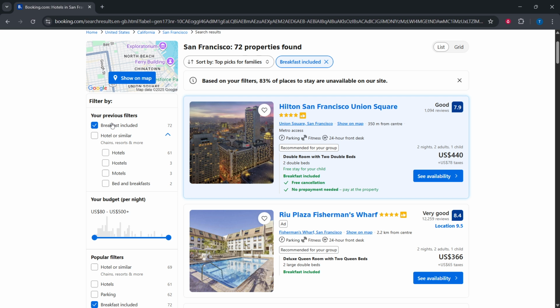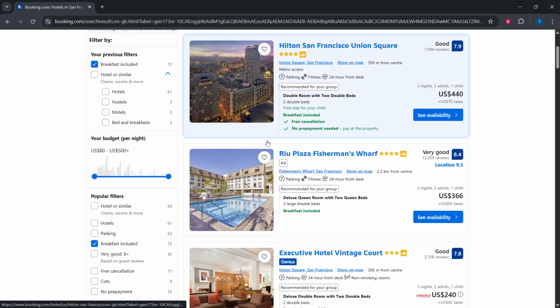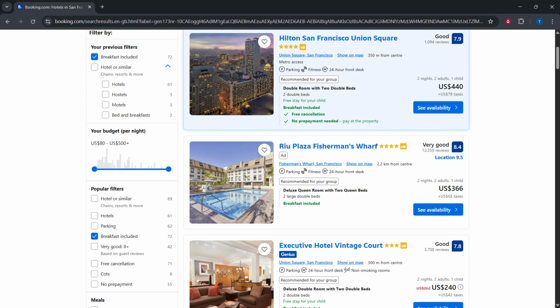Applying this method will streamline your hotel selection process on Booking.com, ensuring you find the perfect accommodation with the amenity we all love: breakfast. I hope this guide helps you have an enjoyable, hassle-free booking experience the next time you